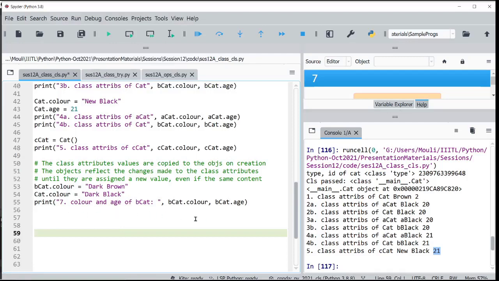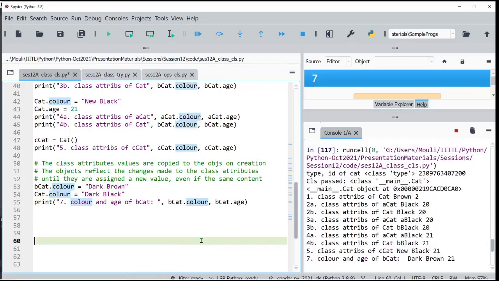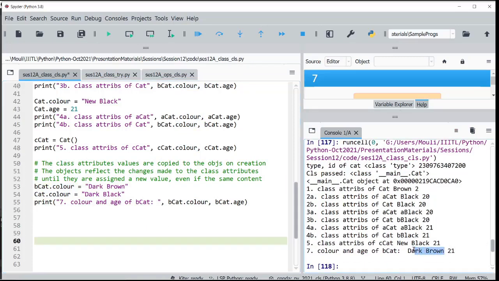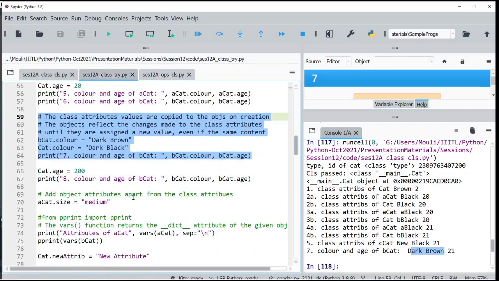B cat color is changed here, so that will be reflected, but the class change will not impact it. You will have only this dark brown coming here, not dark black. The cat color at class level will not impact the object.